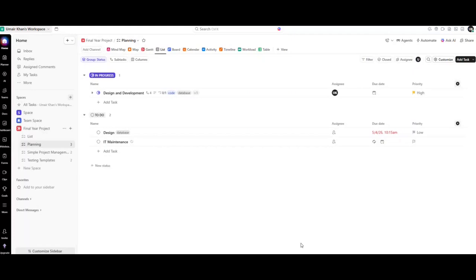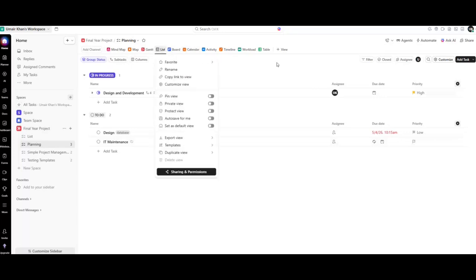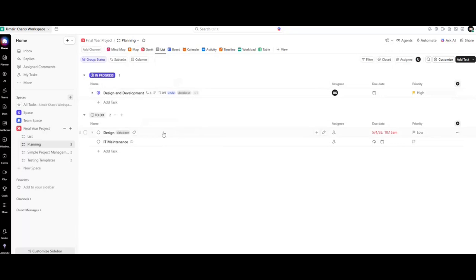Okay, let's start with the practical implementation. So you can see on the top, there are a number of views. You have the mind map view, the map, the Gantt view, the list view, the board view. So the list view is the most popular. We've currently opened that. So this has its own